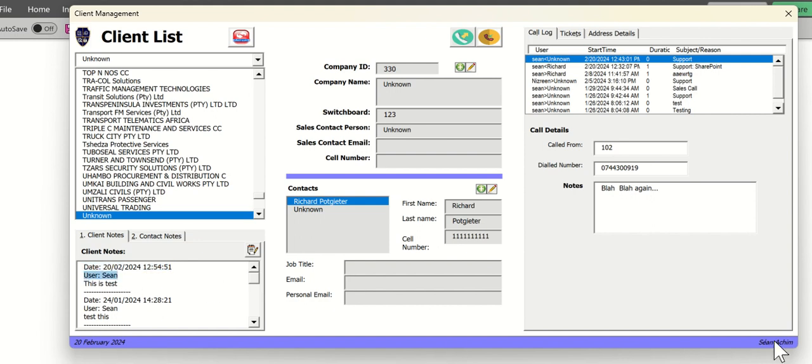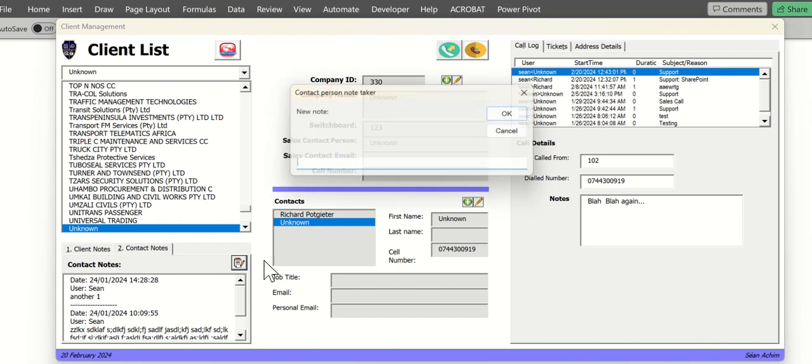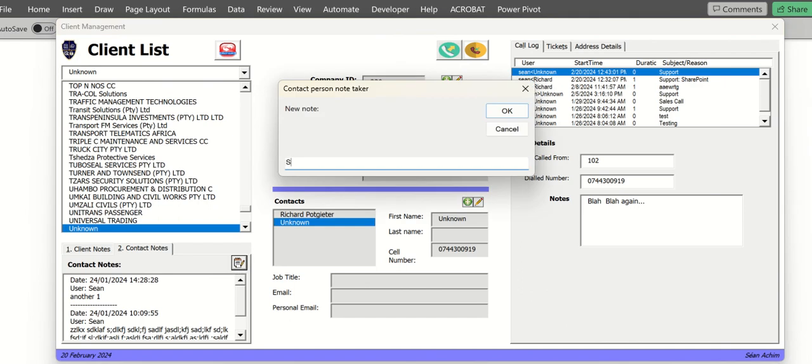who's logged in. And you can see at the bottom here that after I've logged in, it knows what date it is, the numbers they're operating with, who's currently logged in, and we can keep track of all of that information here. Similarly, if you want to make a note against the client, we can say still unknown,